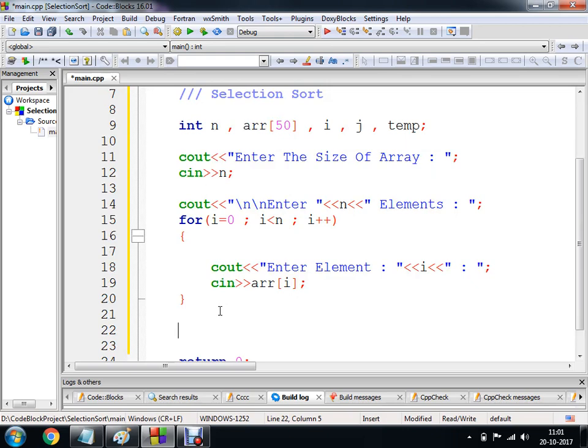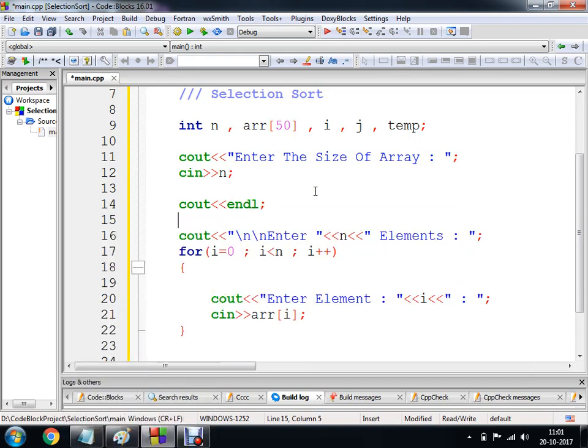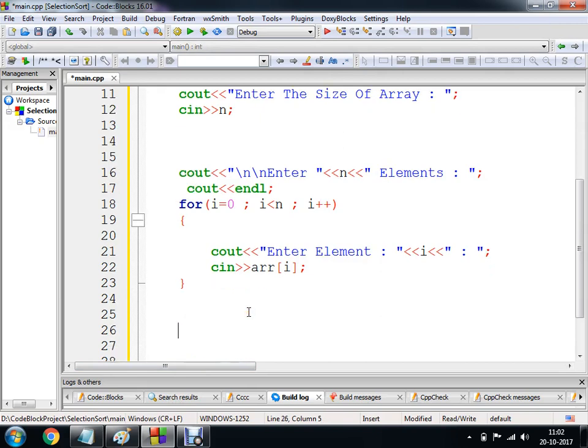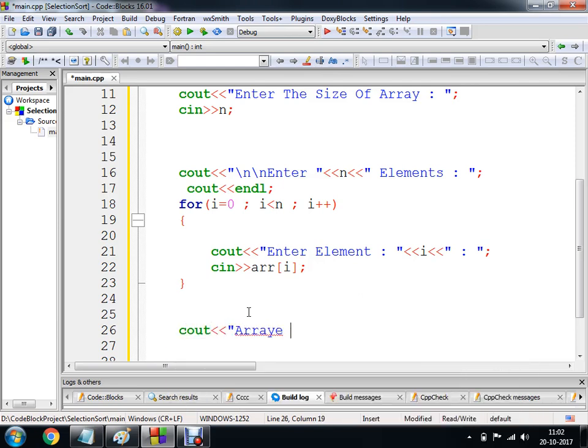So अभी तक मैंने क्या किया, यूजर से एरे का साइज ले लिया और एलिमेंट्स एंटर करा लिए इनटू माय एरे. सिंपल है. Here I'm going to make use of a cout endl statement. तो यहाँ पर आप यूजर के एरे एलिमेंट्स भी डिस्प्ले करा सकते हो. तो यहाँ पर आप एक लूप एग्जीक्यूट कर दो, let's say cout array elements.